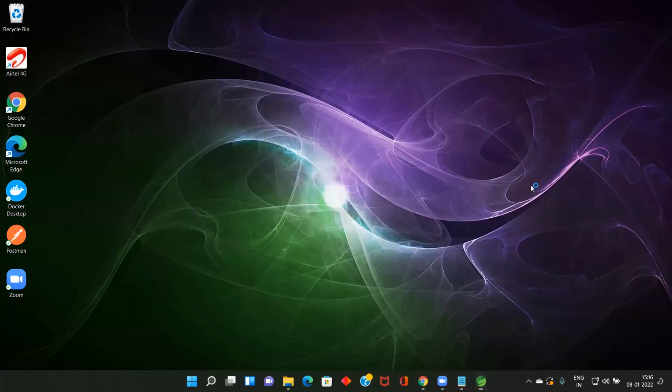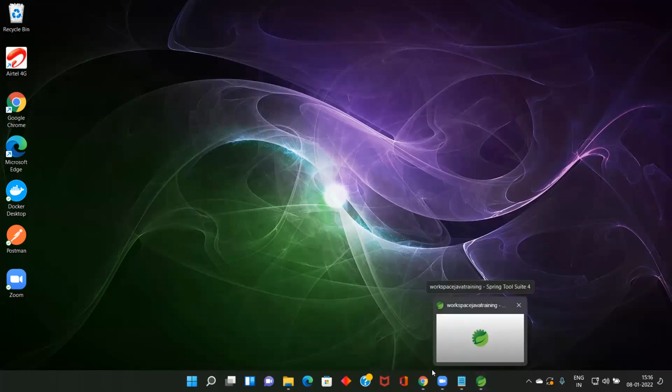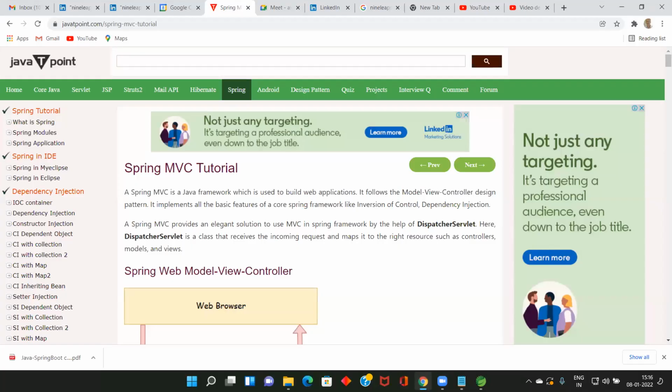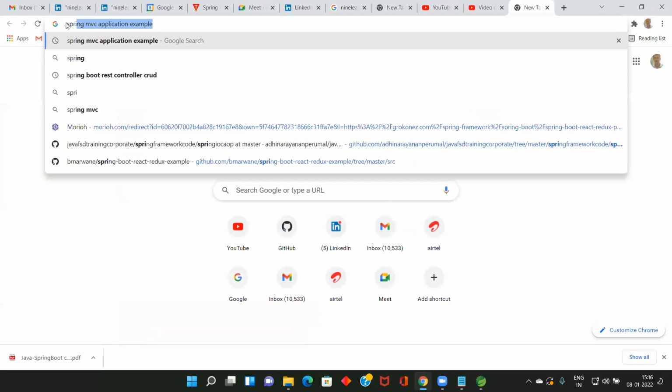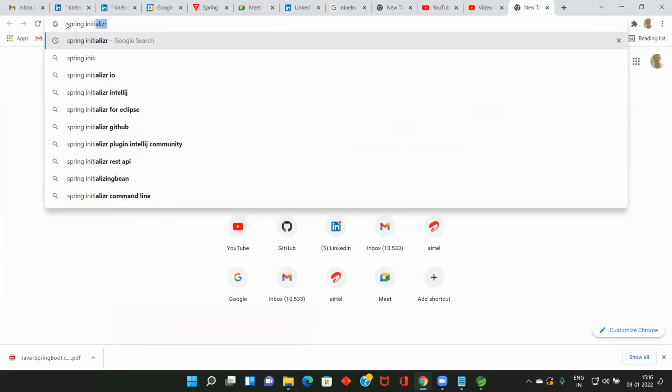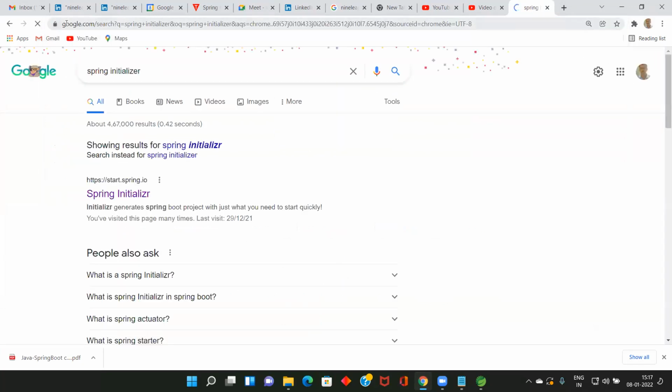So as a first step, we are going to create a web application. Can you all follow me? Can you all go to the web and type Spring Initializer?